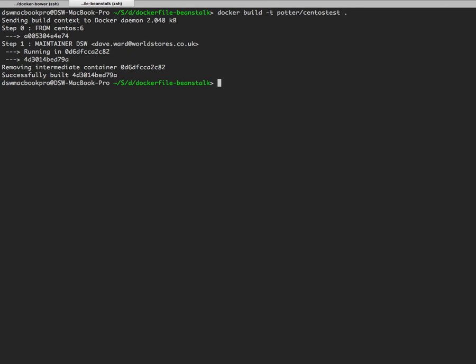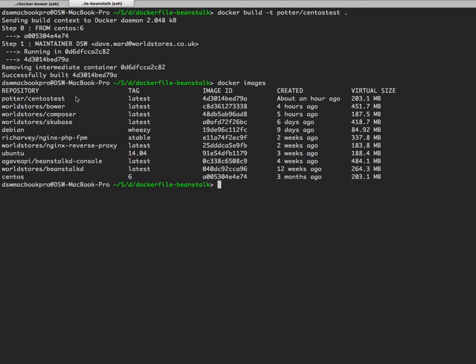So, that was pretty quick, wasn't it? And now if we have a look at my images, you'll see I've got my new Potter CentOS test image right there. And if I run that,